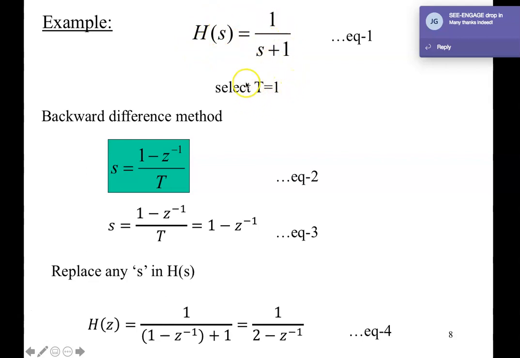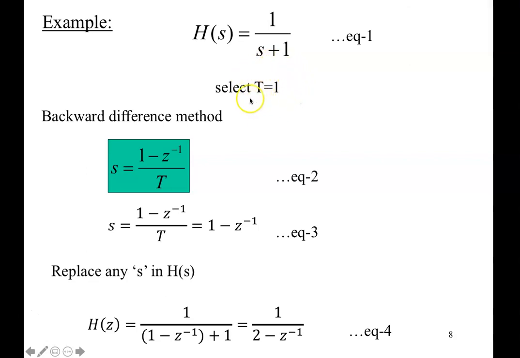And I selected this time interval to be 1, for example, just for the sake of argument. And I want to convert this Hs into Hz,